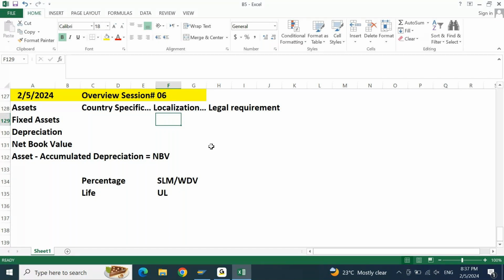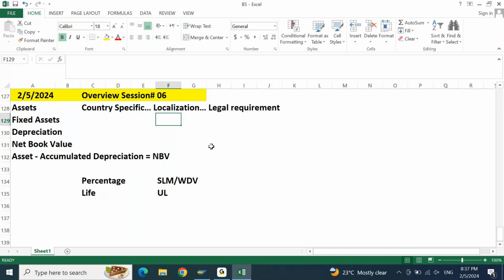Now all these fixed assets, you will have to account for them in a separate way according to the country specific local requirement. These requirements, even if you Google it, you will get it. This is not company specific, this is a country specific legal requirement. You take any Google link, everywhere you will find the same content, because the way an asset has to be depreciated, everybody will present the same way. Any company website, any audit company's website, blogs that you refer to, you will get the information, and this information is what you need to understand first.